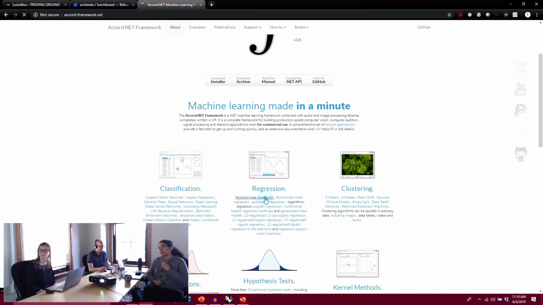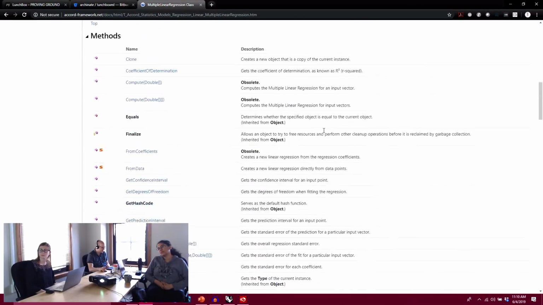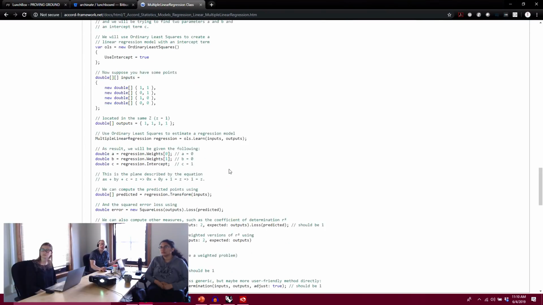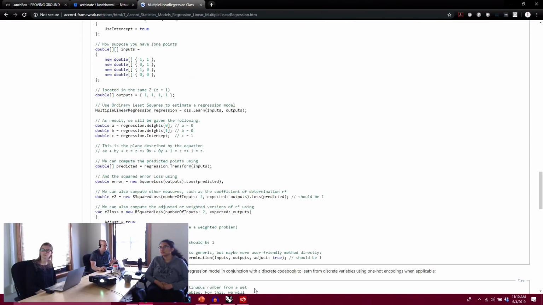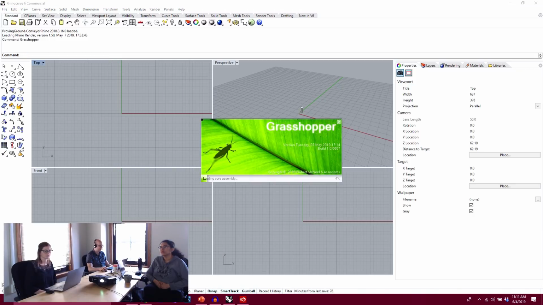So for example, here's a multilinear regression class that shows all the methods, and then there's even an example of how this is implemented in code. So we said, okay, well, what if we took portions of Accord and exposed them as components inside of Grasshopper? So inside of Rhino, if you launch Grasshopper with the LunchBox tool installed,